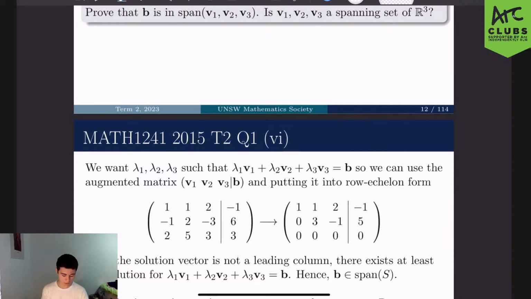And what that's going to do is see, okay, is there some multiple of this column plus some multiple of this column plus some multiple of this column that's going to make this column over here, okay? Nice. Now, once we row reduce, which is our most powerful tool in terms of matrices and solving linear systems of equations, we can see that, oh, okay, since our solution, what we're solving for, reduces down to two